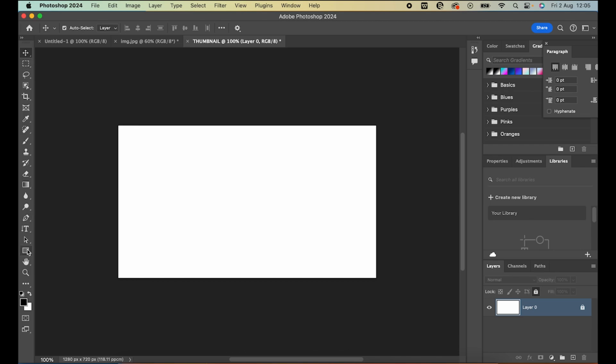So now let's come to the shape tool. Under this, we have various shapes: rectangle tool, ellipse tool, triangle. I want to work with the rectangle. The way I do it when I create a document, I use the rectangle tool